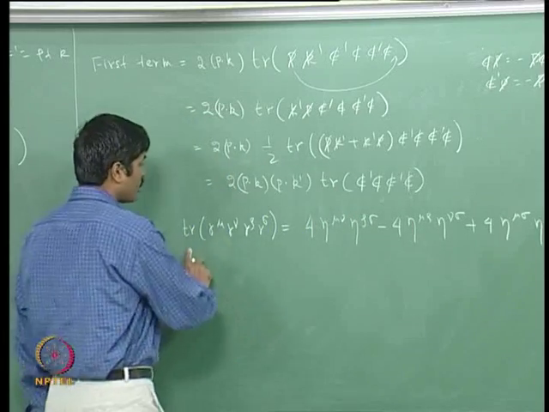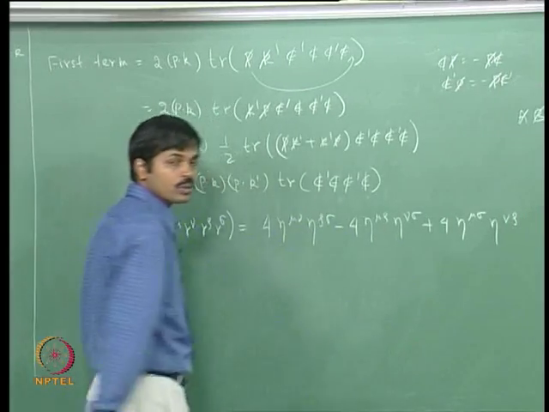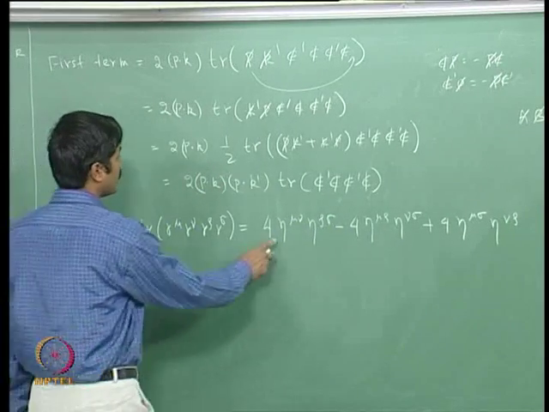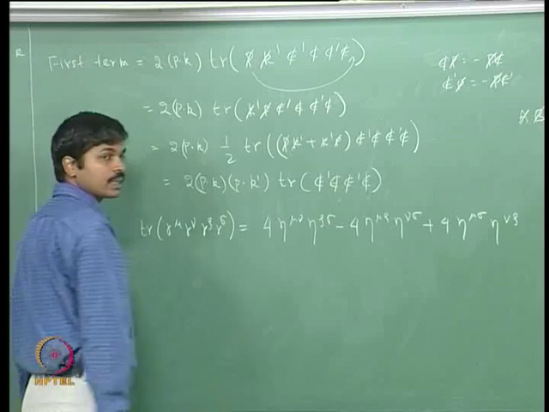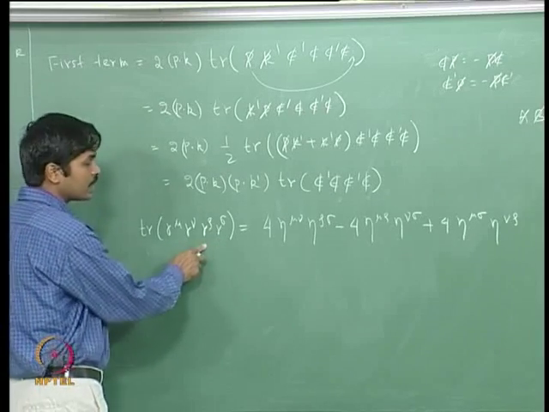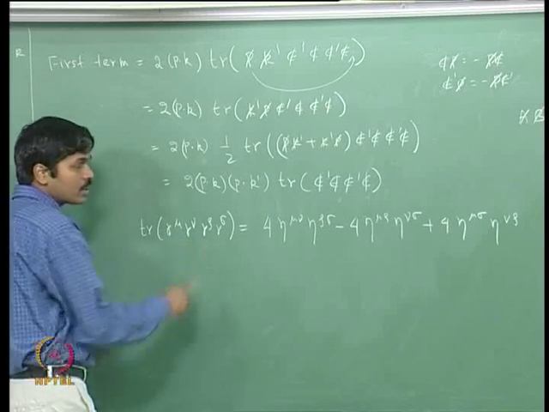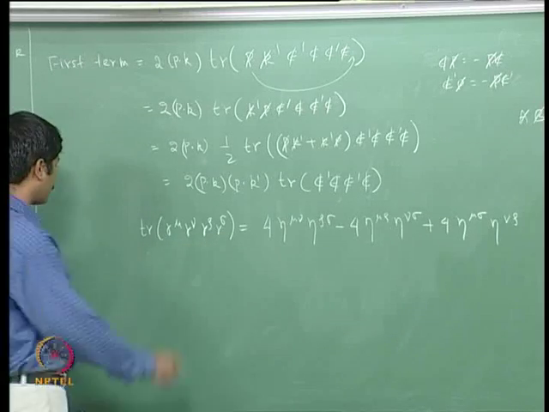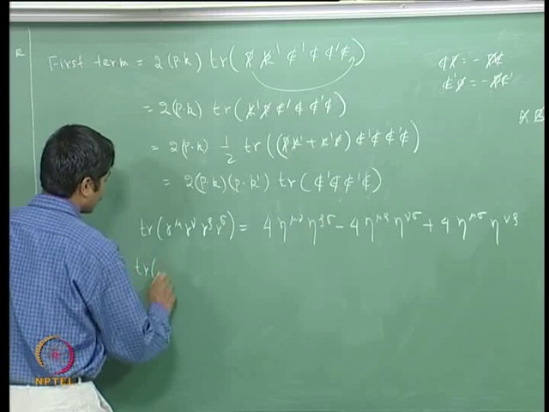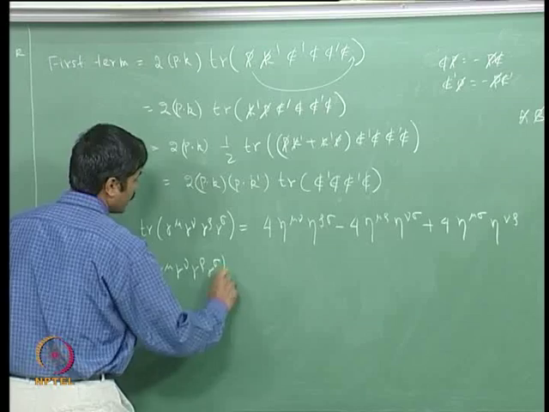So, let us now prove that the trace of 4 gamma matrices is equal to this, and then we will use this relation to evaluate this trace. It is very easy to prove this. You just have to pull this gamma sigma here 3 times and then use the cyclic property of trace. So, let us just see that trace of gamma mu, gamma nu, gamma rho, gamma sigma is equal to